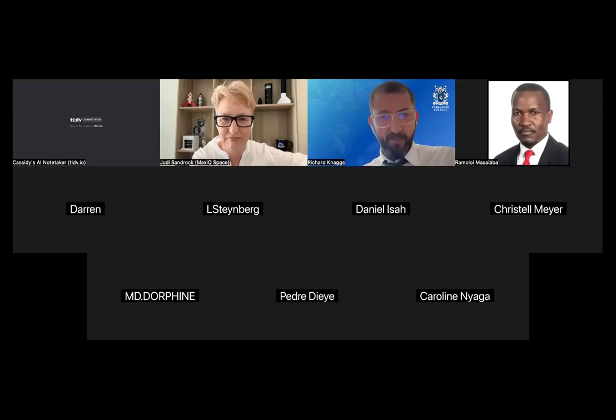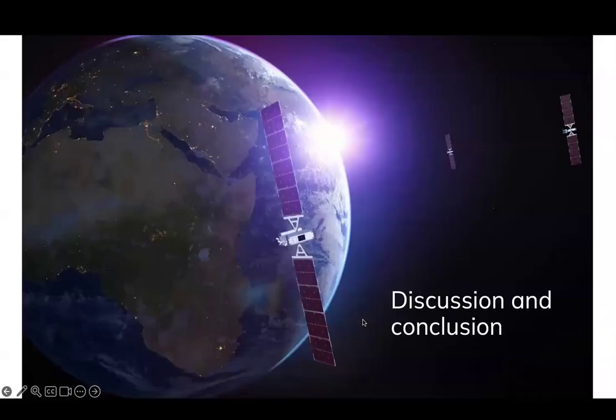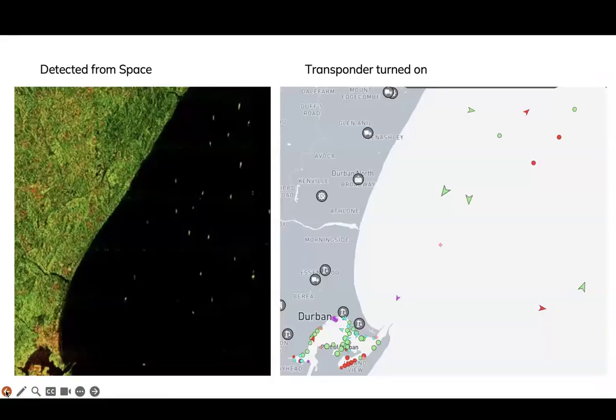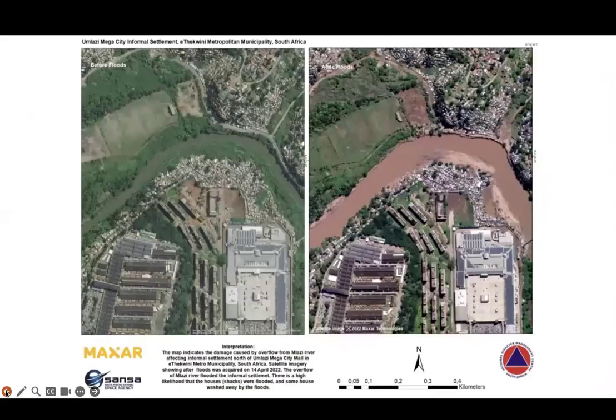Okay, so what I'm going to do is share my screen again, if you don't mind, because I'm going to go back to those two comparison images of the flood here. Okay, so